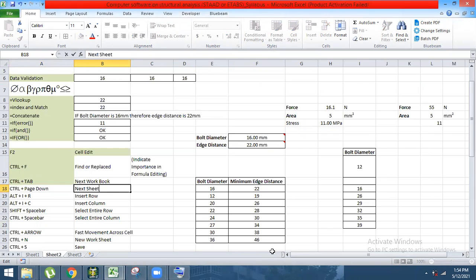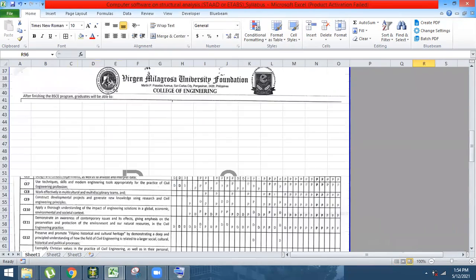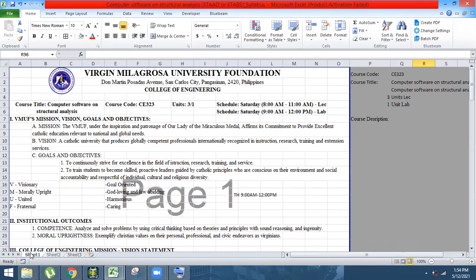How about the next sheet within the same workbook? Say we have this sheet 1. Okay, this is our sheet 1. Then this is our sheet 2. We want to move to sheet 2 without using the mouse. So what we're going to use is just simply